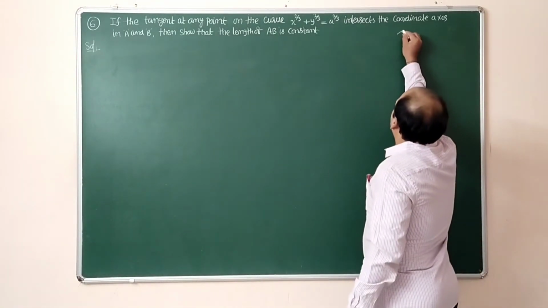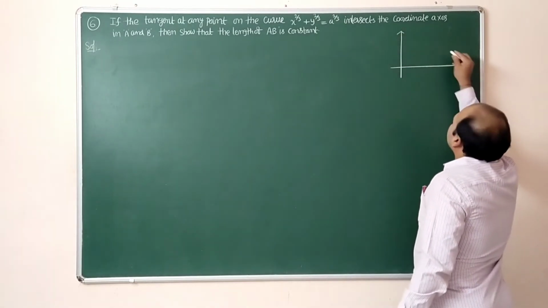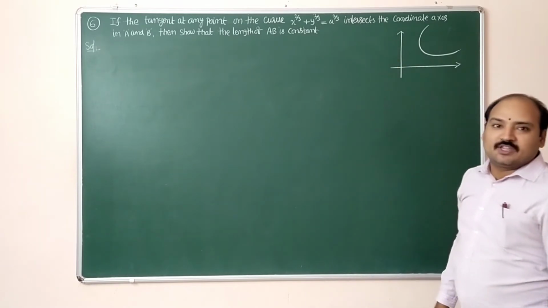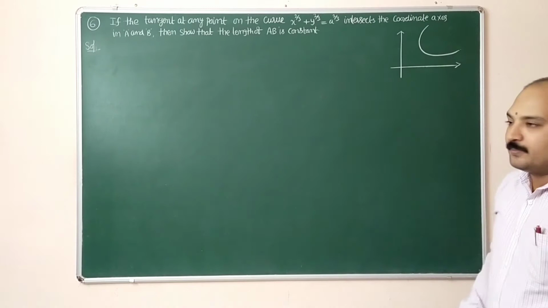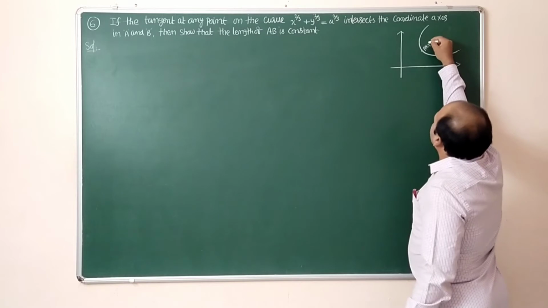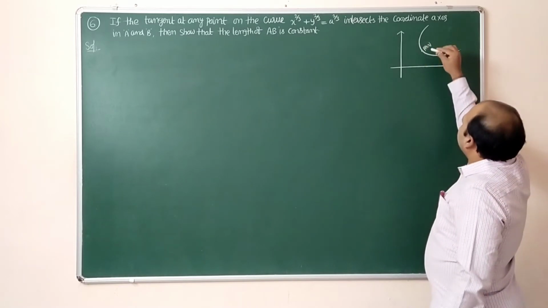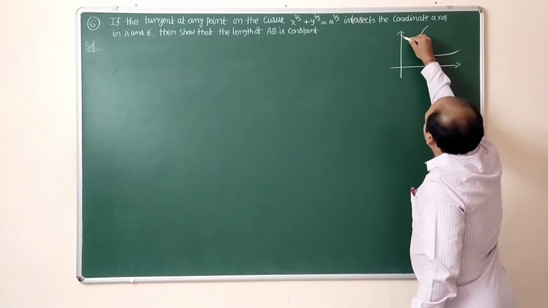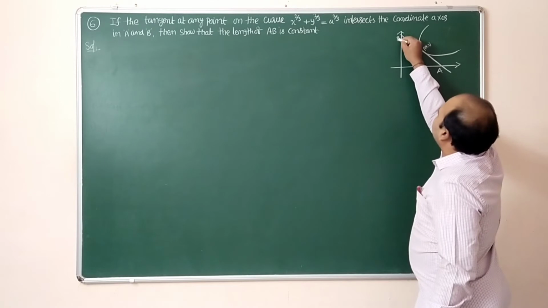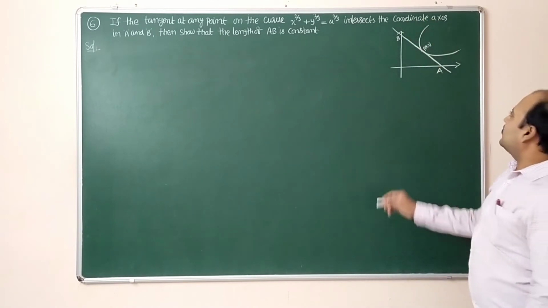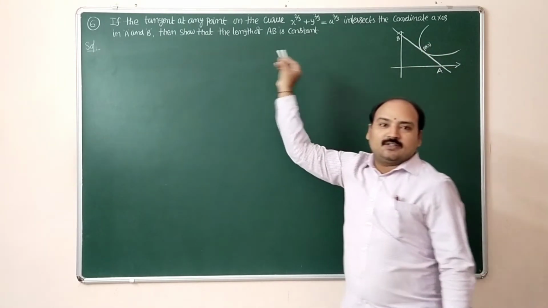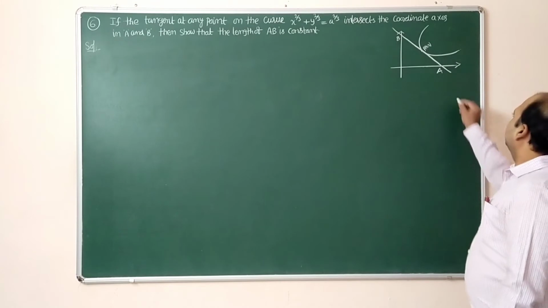See here, observe the figure. This is the rough figure. This is the curve, and this is the curve equation: x power 2 by 3 plus y power 2 by 3 equal to a power 2 by 3. After that, I am assuming one point P of x1 comma y1 to be any point on the curve. At this point, you draw a tangent to the curve which meets the coordinate axes at the points A and B respectively. They are asking for the length of AB, which we have to prove is constant.